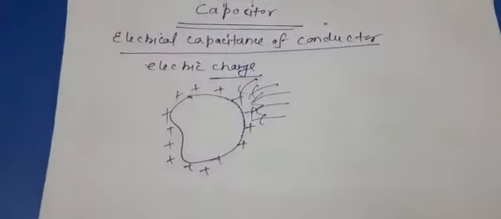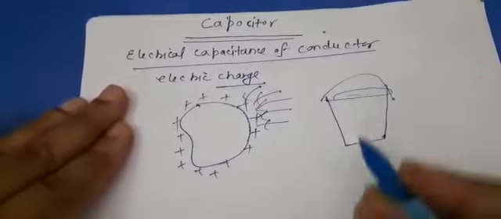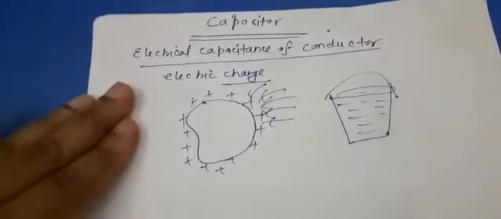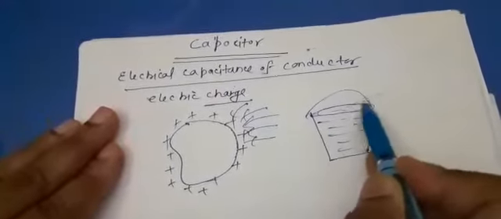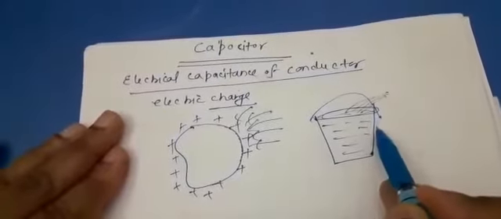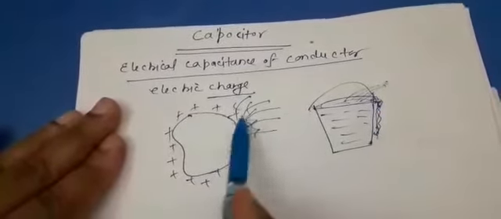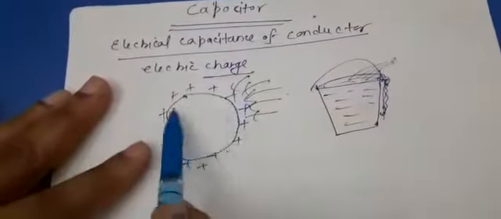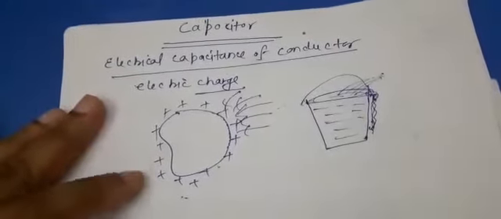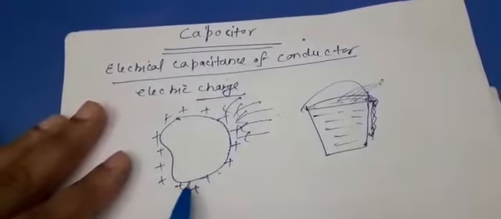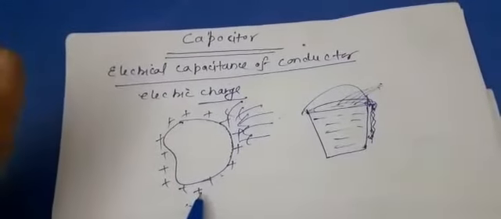For it you can understand, suppose you have a bucket. Within this bucket, what amount of water can you add? Up to its capacity, up to its brim. But if extra water comes in it, what will happen? It may flow down. Likewise, when extra charge is given to the conductor, it will not remain on the surface, it may leak. So when charge is given to a conductor, that will be stored over it, but extra charge may leak through the